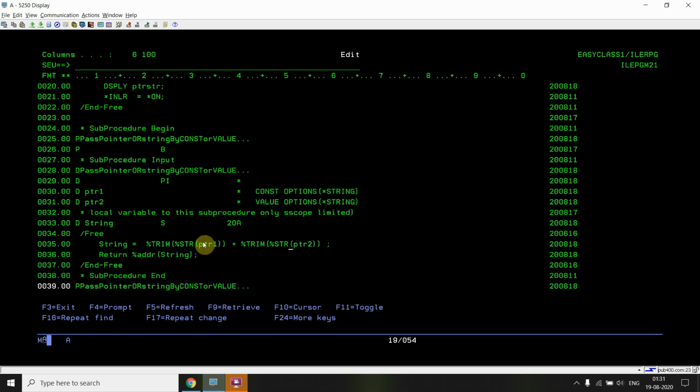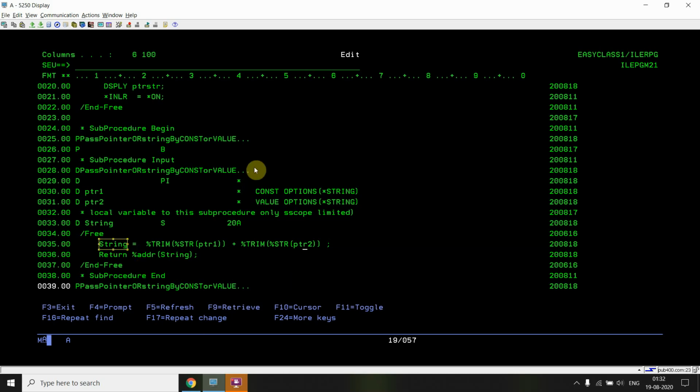Whatever address is in ptr1, it will take the data up to the null terminator and convert it to a string, basically trimming it, and the same thing is done for ptr2. Then we add those two strings. For example, if the first is a and the second is b, the result will be ab without any spaces. The result is in a string variable, which is defined as 28.